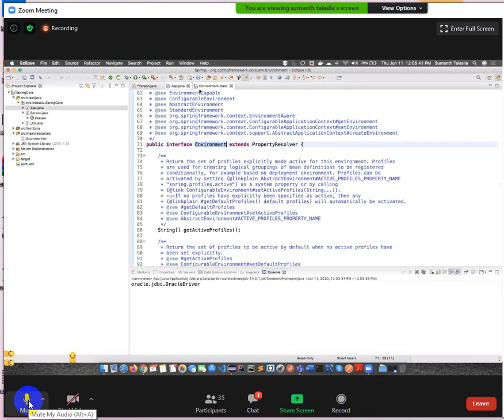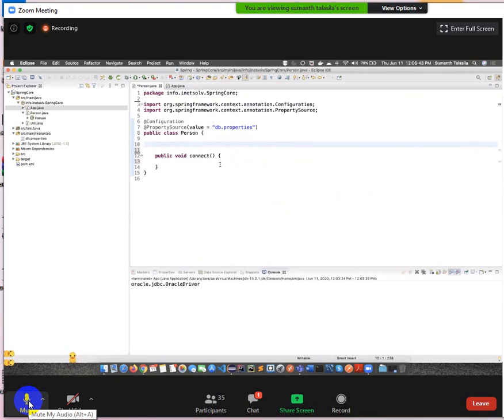Why do you worry about looking for the implementation class? That's what I told you, right? We need not worry about the implementation class. It is all the responsibility of the Spring container to take care of it. So now tell me, how do we get that object here?